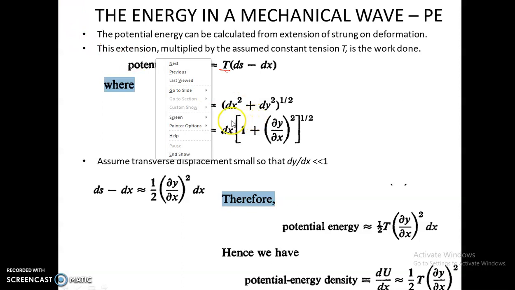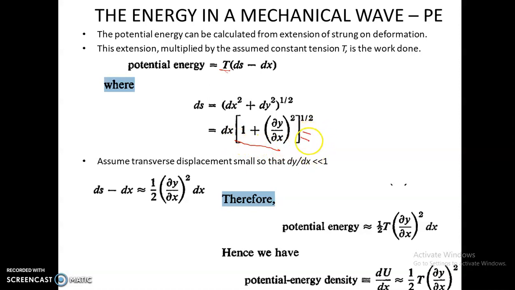And we can take dx outside to make it dx into 1 plus dy by dx the whole squared. dx is taken out of the square root as well. So dx comes out from this term, 1 remains, plus dy squared divided by dx squared, that is dy by dx whole squared, raised to half. Here we can have a binomial expansion for this term. This is essentially equal to dx into